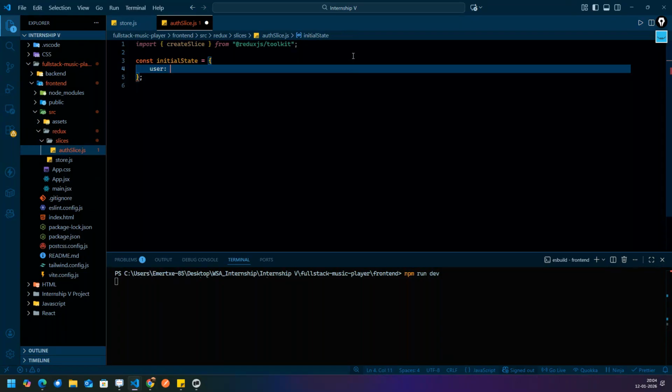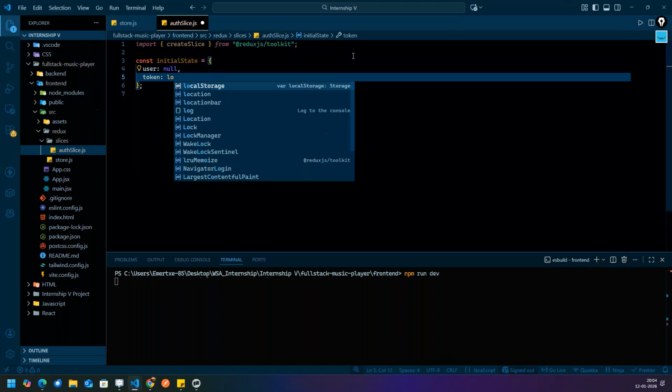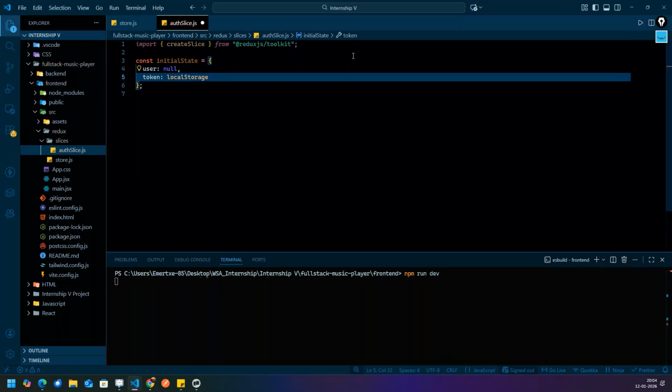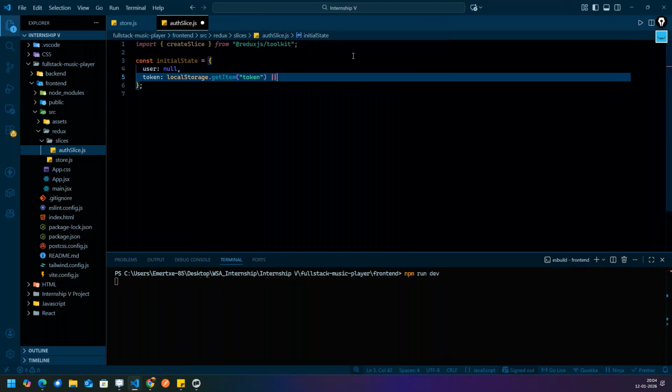Yes, you are getting the user information. For now it is null because we don't have a user, correct? Then are you getting the token? Yes, you are also getting the token. Token will be in the local storage. Fine. Take the help of localStorage.getItem and then you write token, or null.